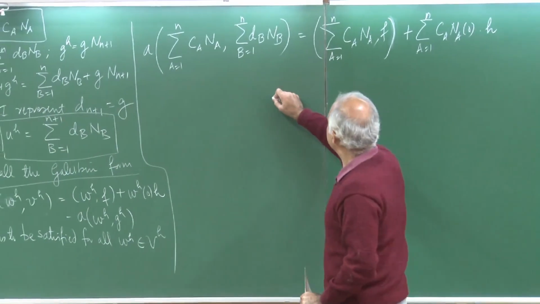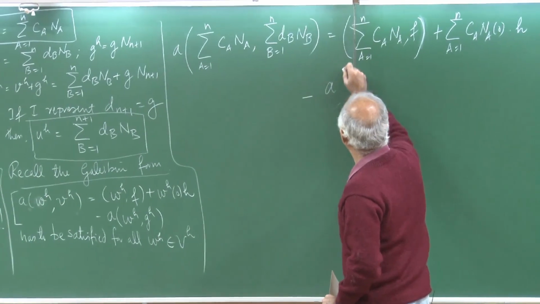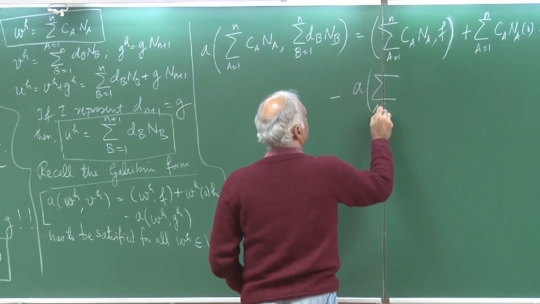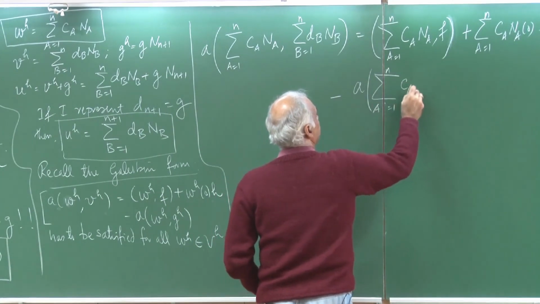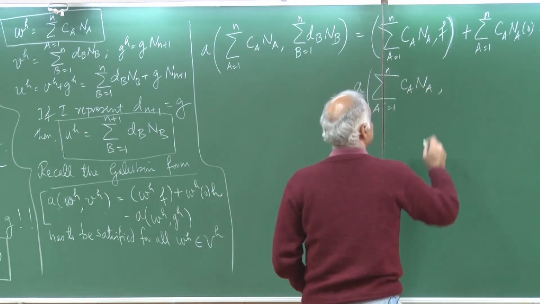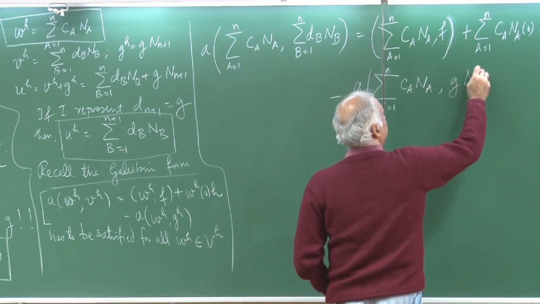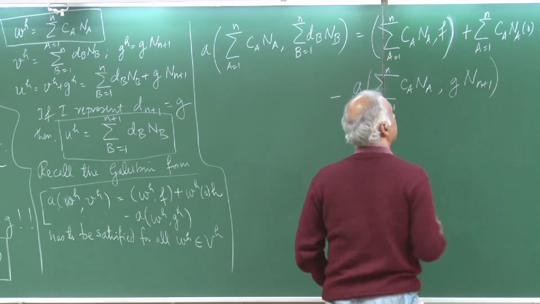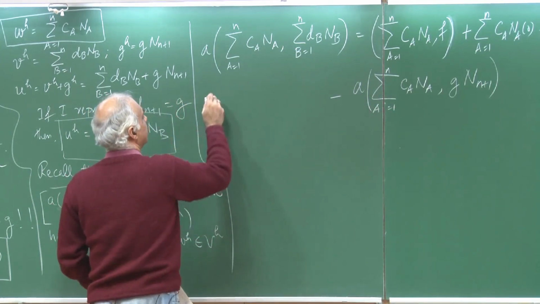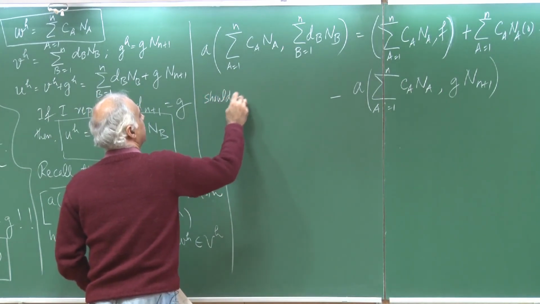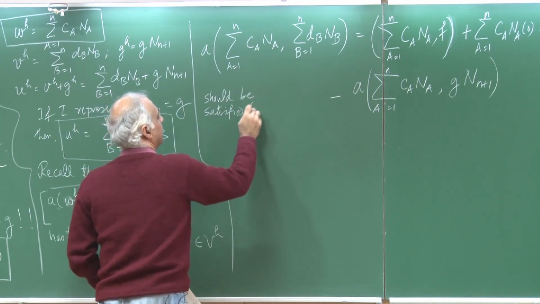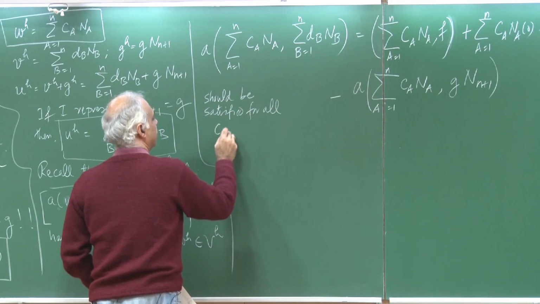Then the last term, which is minus A of, and I would put in here summation of A going from 1 to n, CA NA, comma, GH is given as G times N n plus 1. Right. And this statement should be satisfied for all CAs,